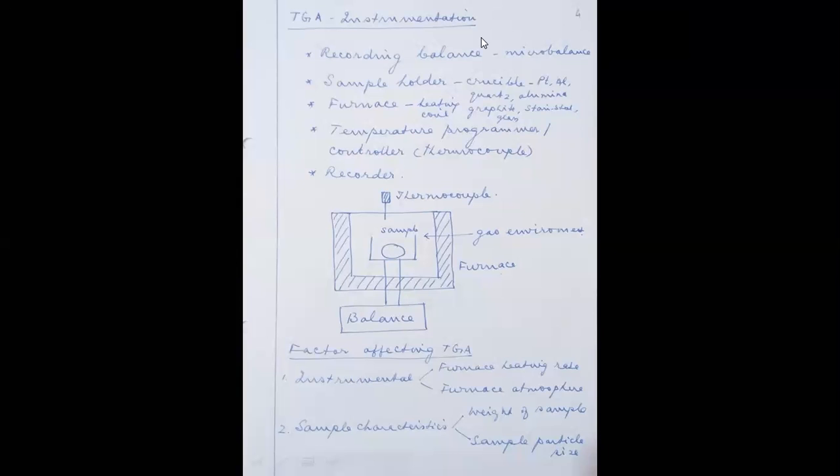So the furnace is a heating coil where the electricity is passed and the resistance coil is getting heated, and because of this heating, the temperature of the substance is increased. And there is one more thing, the temperature programmer or controller or thermocouple. This temperature programmer or controller is designed in such a way that when you are programming the system to rise the temperature in a particular fashion,